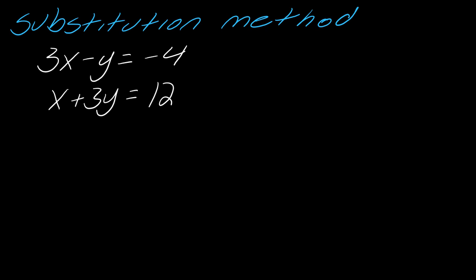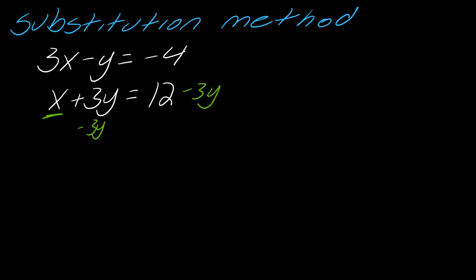So first we have the substitution method. I like this system because there are a lot of different ways we can go at it. The idea with the substitution method is that in an ideal world, there would be an easiest variable to solve for. I'm assuming that you've seen this before. So when I look at the system in its entirety, which variable would be the easiest to solve for? This x, right? When that is super easy, that might lead you to choose substitution. So to solve for x, I'm going to